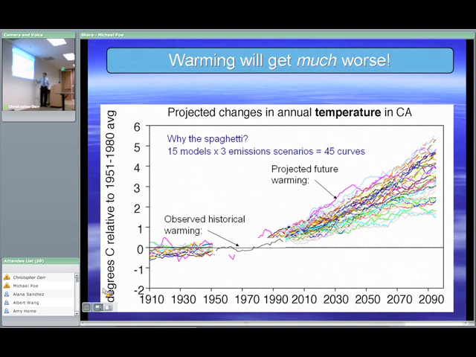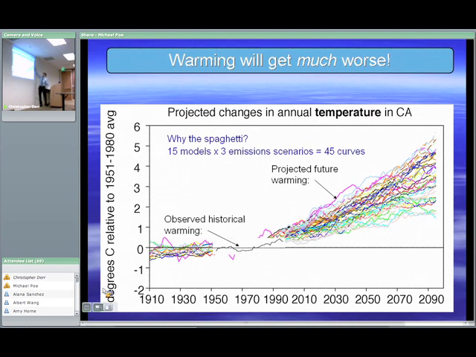But notice, despite uncertainty, this is the historical warming. This is, again, all in California now. This is the historical warming on the same scale. It looks pretty small, okay? And also notice the scale here. This is 2 degrees. Now, these are degrees C, okay? So you got to multiply by 9 over 5. So that's still, it's 3.5. This is 5 or 6 degrees C, so that's sort of 10 degrees Fahrenheit.